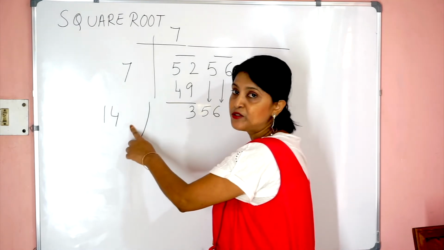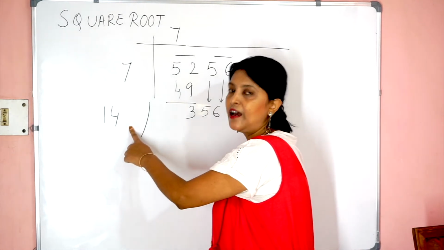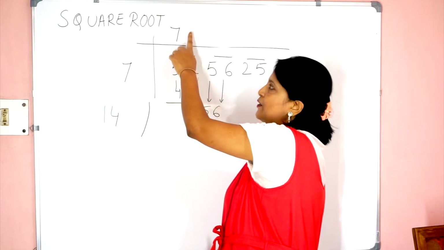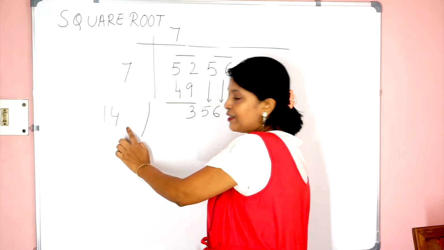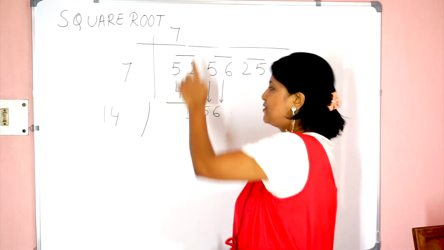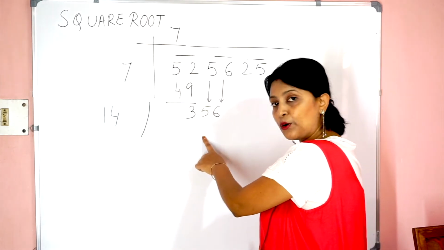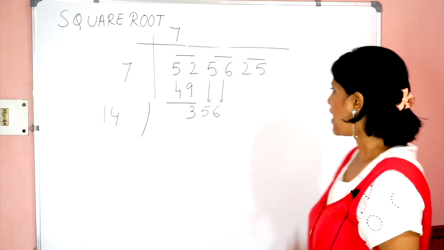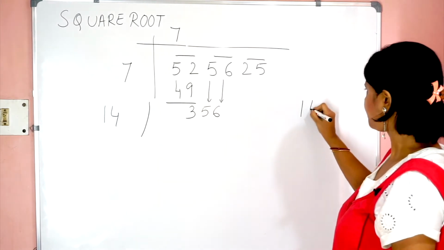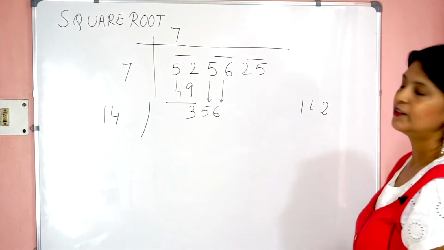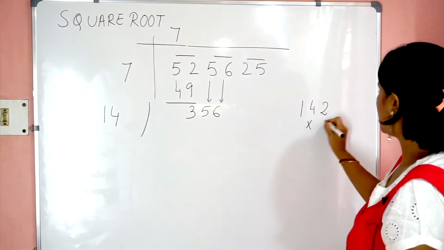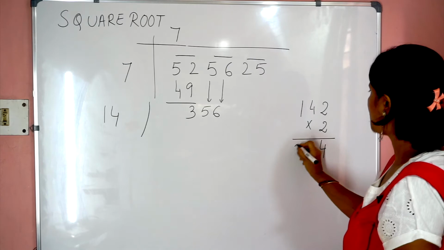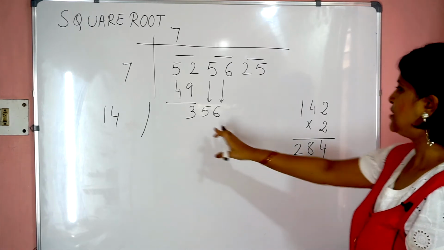This blank space is to be filled by the largest digit, and this digit can act as the new quotient, so that when this new divisor is multiplied by the new quotient, we get a value either close to 356 or exactly 356. So now I can see here, if I take 2 in the units place and the new quotient also as 2 and I multiply, I get 284, which is close to